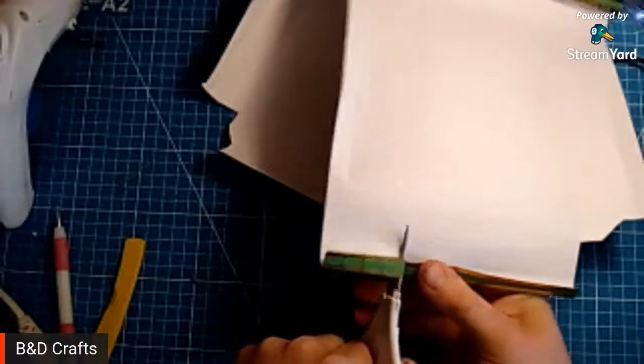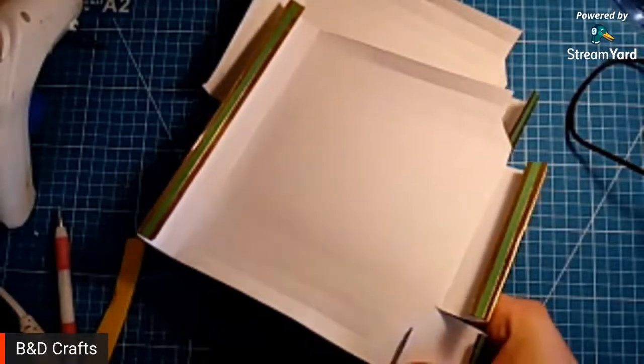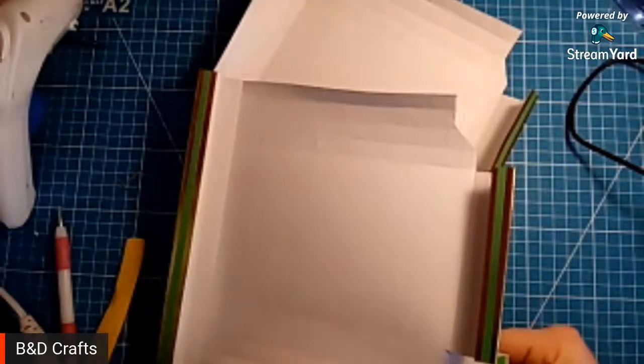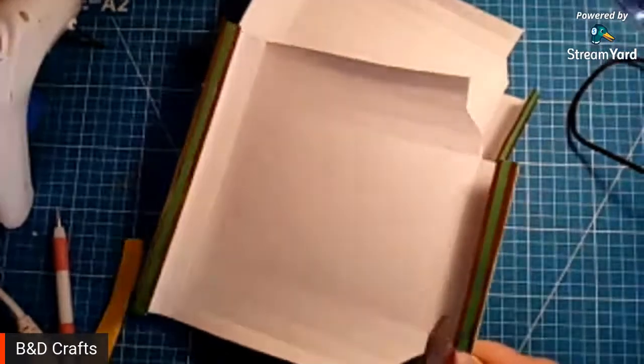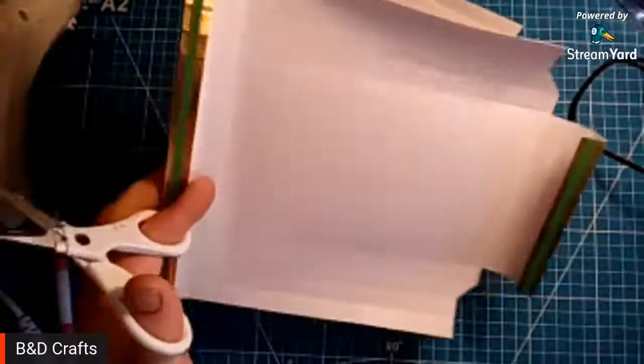We're going to go ahead, cut there, and cut here, cut diagonal to the third one, and then cut there. So if anybody has any questions, please let me know, and I'll...